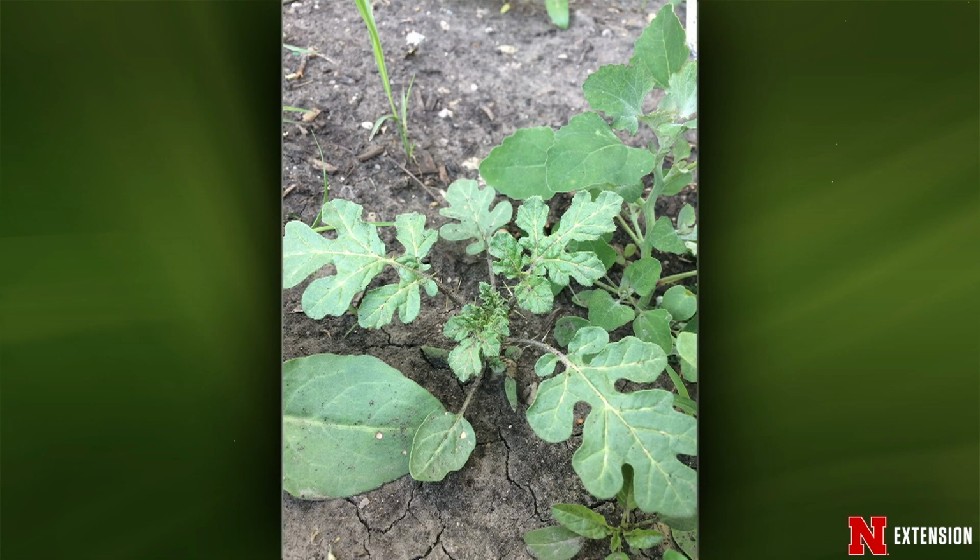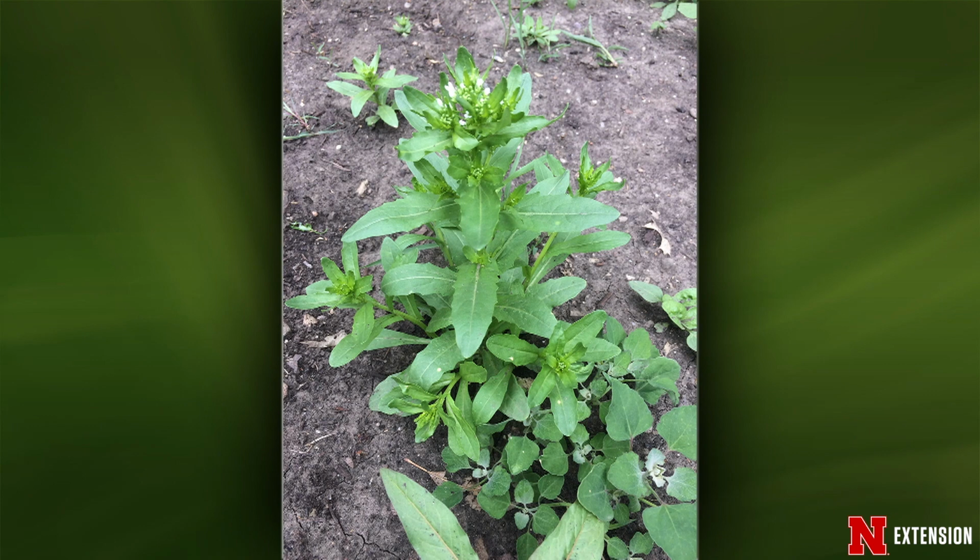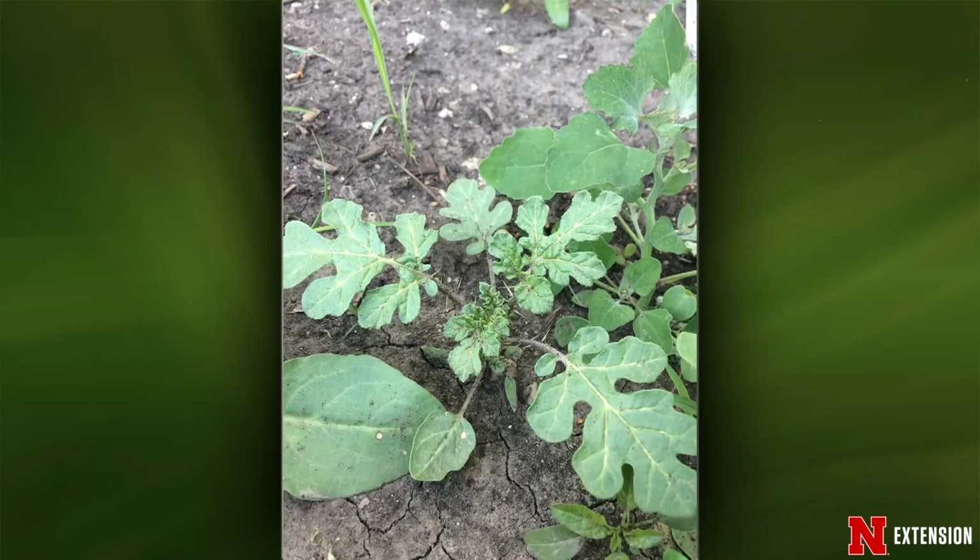What are they? We have two or three, I think, a couple of pictures here for this viewer. What's this? Okay, the first one was buffalo burr in the front, and that's one you don't want to hand pull because it's got little stickies on it even at that point in time. And actually in the buffalo burr picture, in the background, there was a seedling yellow nutsedge, so I could identify two of those. Buffalo burr in the front, it's an annual Solanaceae, so you know it's fairly aggressive, but you